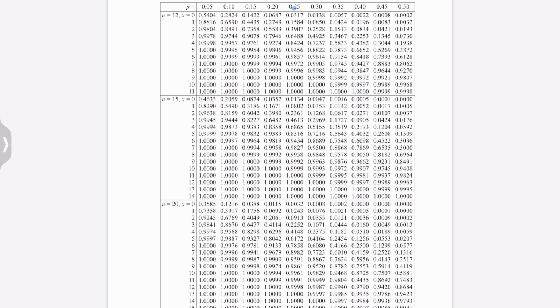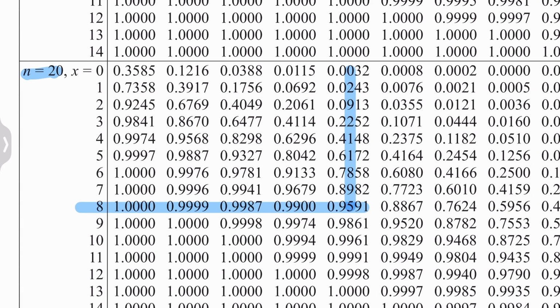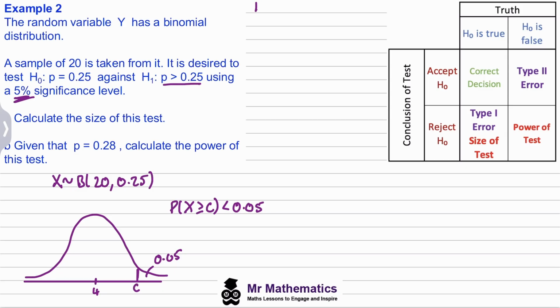So we know that P is 0.25 and N is 20. So we're looking at the first probability that goes above the 95%, and it will be when X is less than or equal to 8. And this will have a probability of 0.9591. So if we go back to our notes, we know that the probability of X being less than or equal to 8 from our tables is